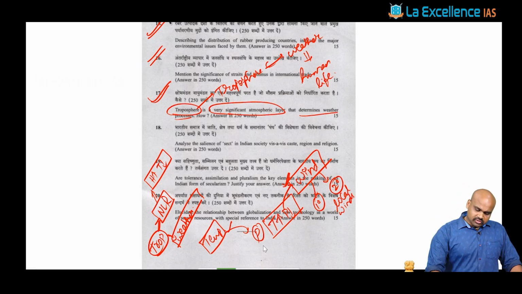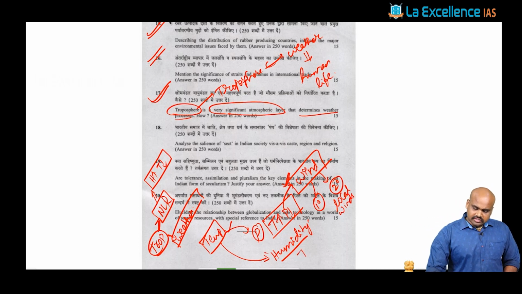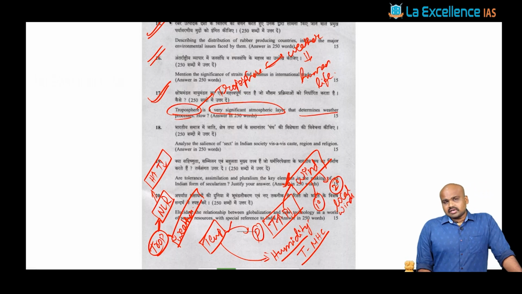Apart from that, temperature not only impacts pressure, but also has an impact on humidity, that is, the amount of moisture present in a particular region. When you look at this amount of moisture, there is a particular relation between the temperature and the moisture holding capacity. The fundamental understanding is that higher the temperature, higher the moisture holding capacity; lower the temperature, lower the moisture holding capacity.